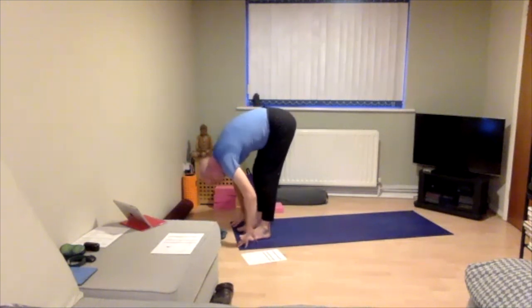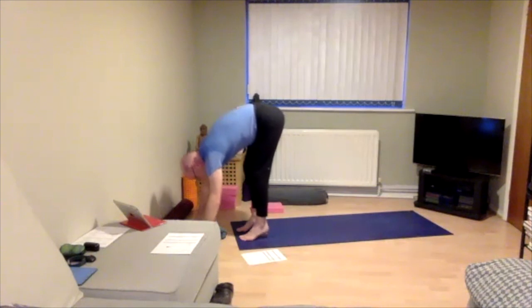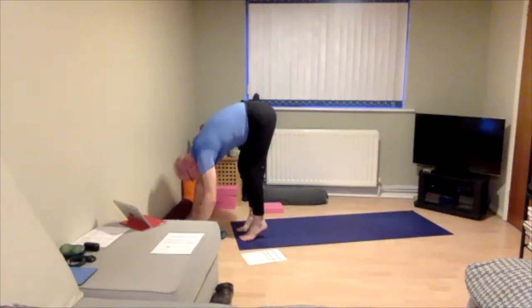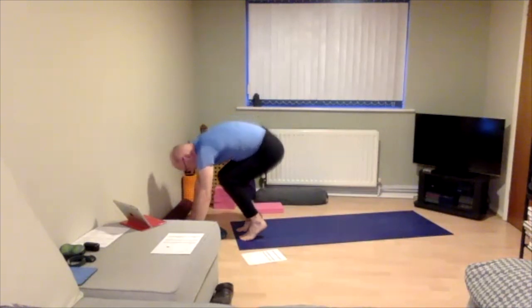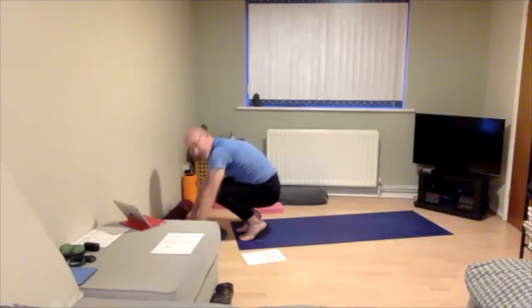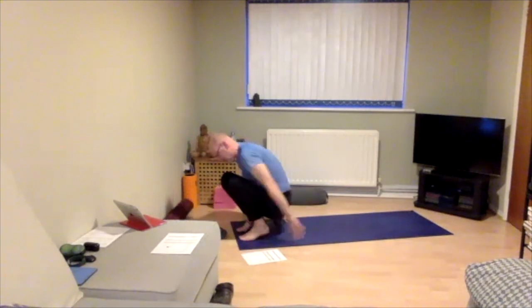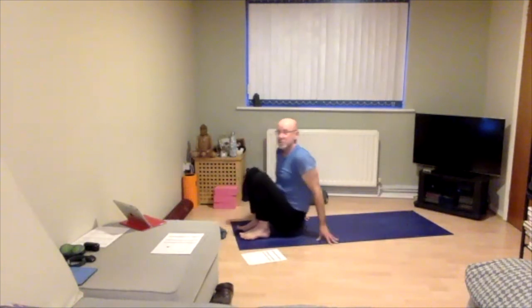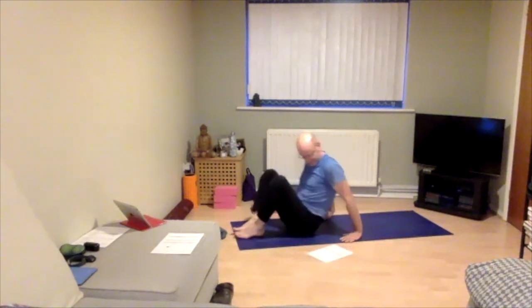Take a little cheeky walk forwards with the fingers and then lift the heels off the ground. So you lean forwards just a fraction. We'll soften the knees. We're going to see if we can sit down onto the heels. So take it slow. See how those knees, ligaments and muscles feel. Then we'll take one hand behind, other hand behind, and just plop as gracefully as we can down to the